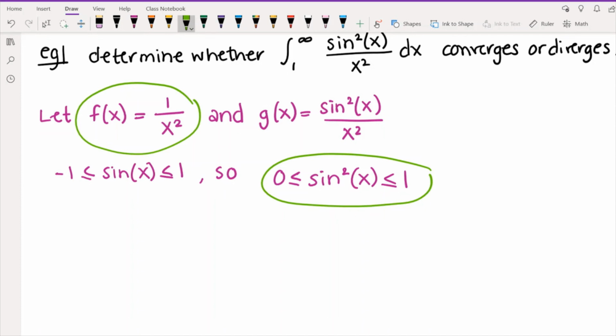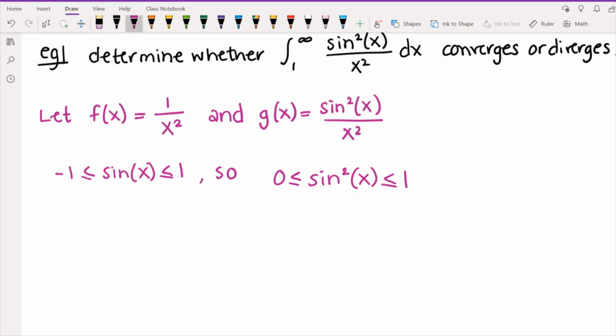So what happens when you take the numerator of a fraction and make it smaller? Well, the whole fraction gets smaller, right? When you make the denominator of a fraction bigger, the fraction gets smaller. But also when you make the numerator smaller, the whole fraction gets smaller. Because sine squared of x is going to be all sorts of different values, but those values are never going to exceed 1, and oftentimes they'll be less than 1. And so therefore we can say